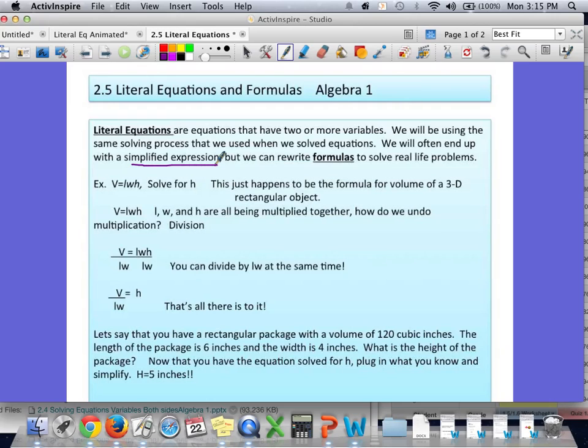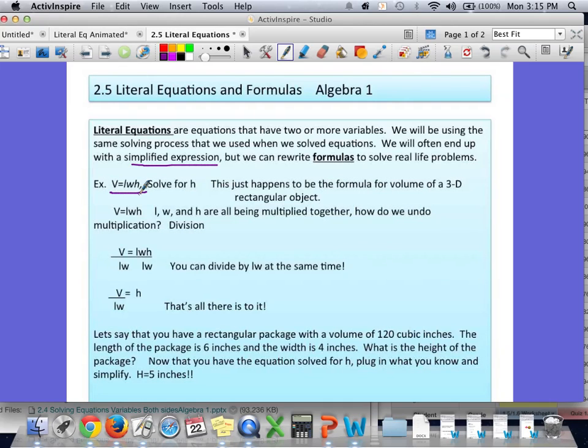So for example, V equals LWH, that's volume equals length times width times height. That is an actual formula for the volume of a rectangular prism. We talk about that a lot in geometry. We're going to solve that particular one for H, which means we want everything away from H on that same